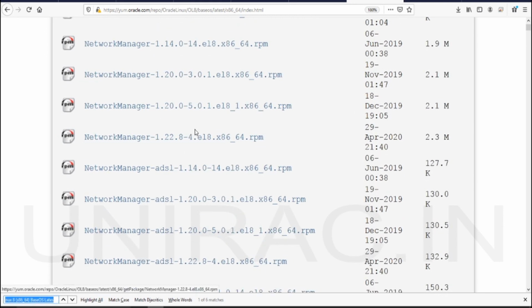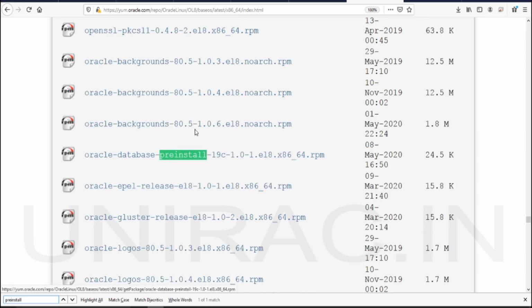You can search using pre-install. You can see here the RPM for 19c on Oracle Linux 8, EL8, Enterprise Linux 8 for 64-bit.